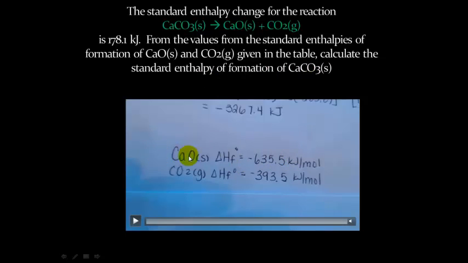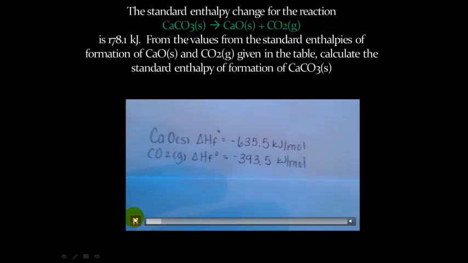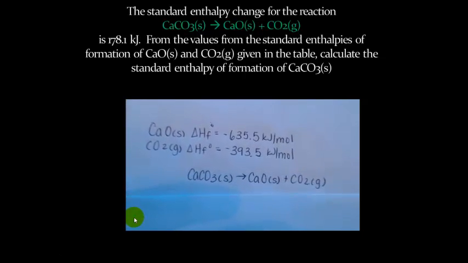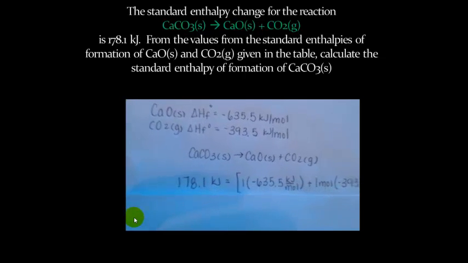So if we look in our chart, we can see the delta H of formation of calcium oxide is this, and the delta H of formation of CO2 is this. But we don't know the delta H of formation of calcium carbonate. However, for this reaction, they tell us that the delta H equals